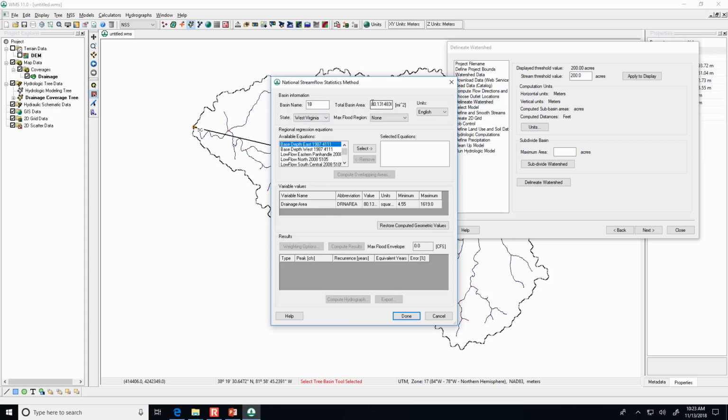So it already knows the basin area. Here, see how it says 80 square miles? That is the area that it got from us delineating the watershed in question. So it's put that area down here into this formula, and scroll down to, we want to have the peak flow